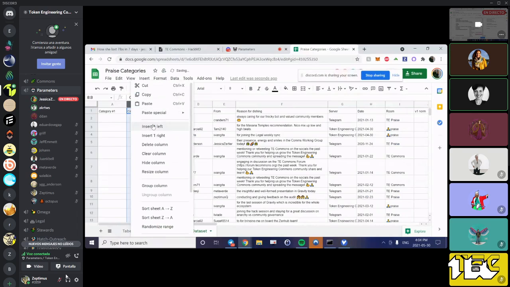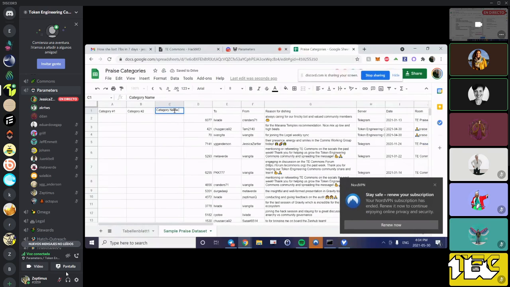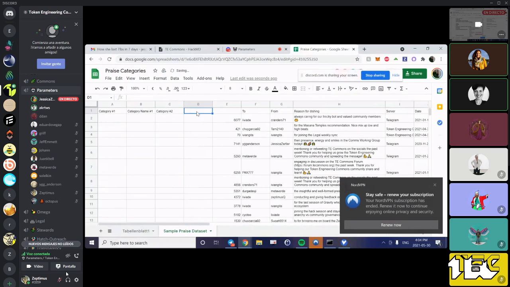Okay. So I'm going to do category number 2. And this is if they fit in 2 categories, then category name number 1. There's a few that are maybe more than one, so we can double bucket them, or we can at least decide later. So category name, name 2.